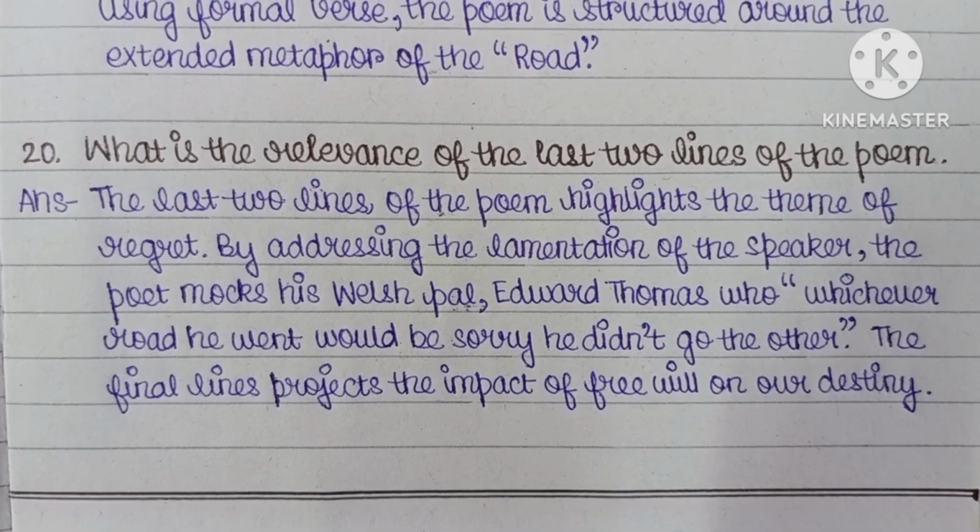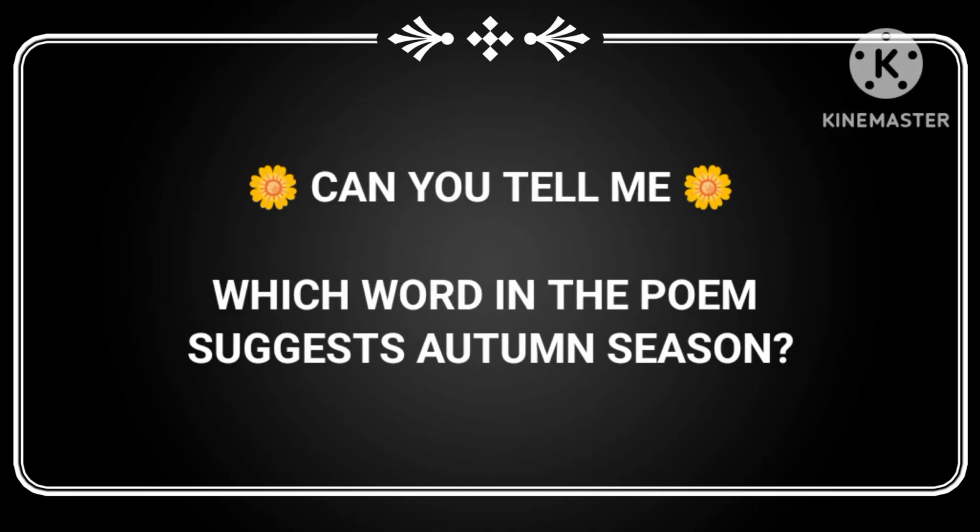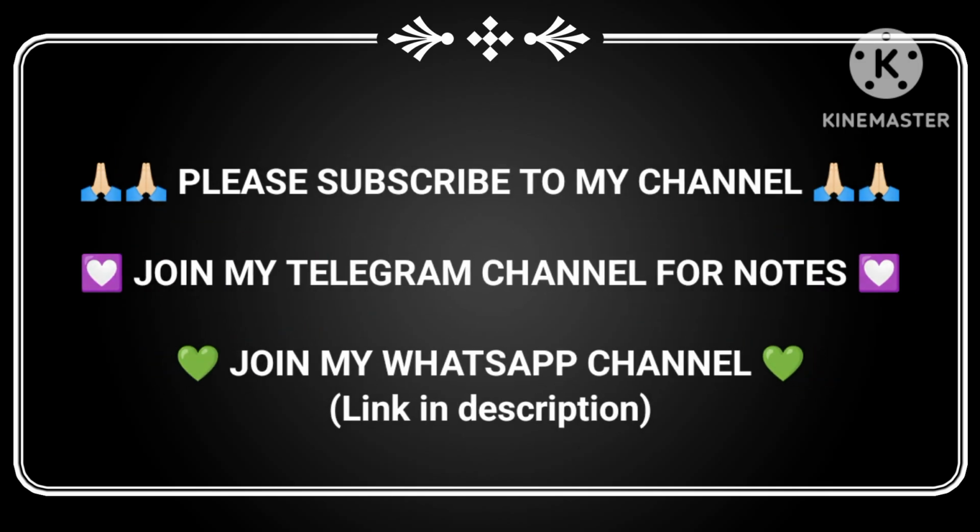So with this, we have completed all the possible questions that can come from this poem. In the comments below, I want you to write which word in the poem suggests that it was autumn season. Now that we have completed the line-by-line explanation, MCQ and the question answers,